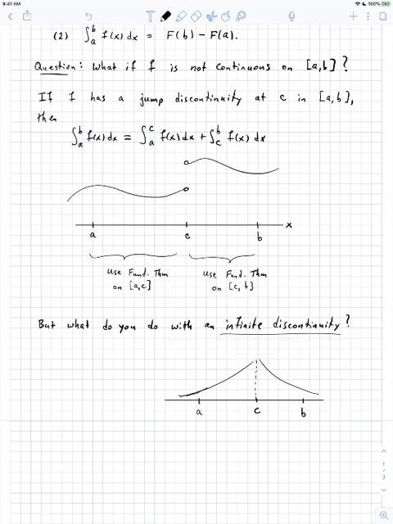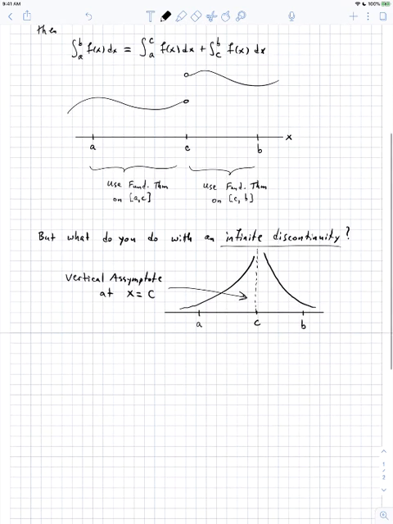So this curve, let's say, is going up like this. This curve is going up like that. So you have some vertical asymptote there. Let me just get rid of these other lines. Something that looks like that. So what about this? Vertical asymptote at x equals c. What do you do in a case like this? Let's break it down into different cases. So case 1,